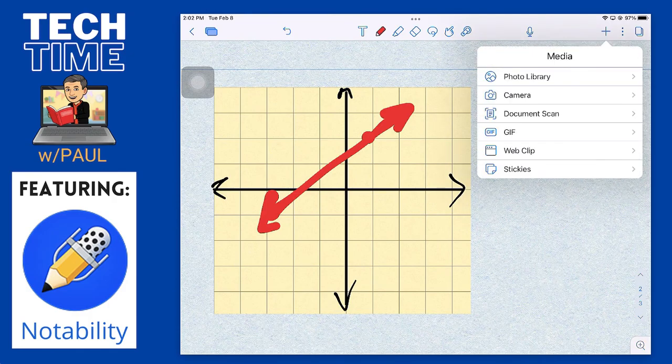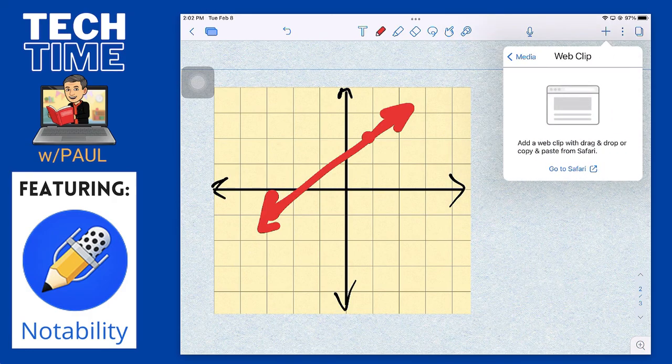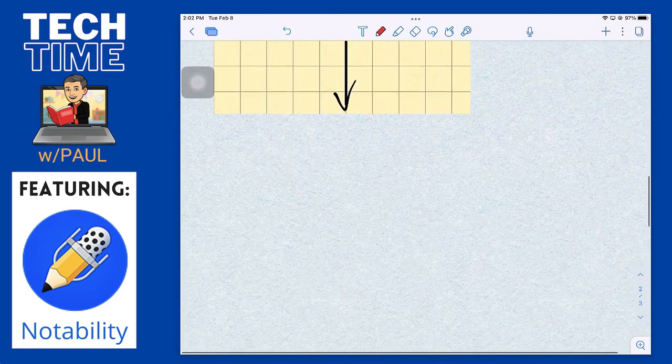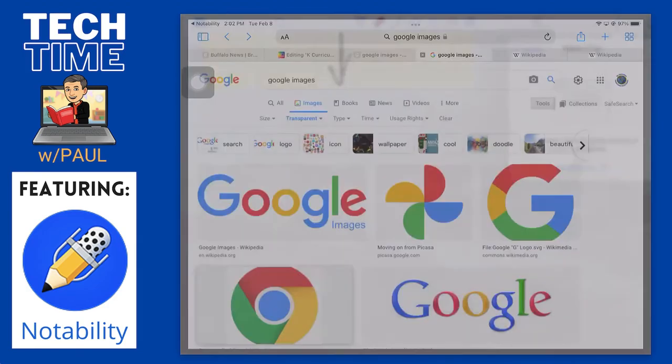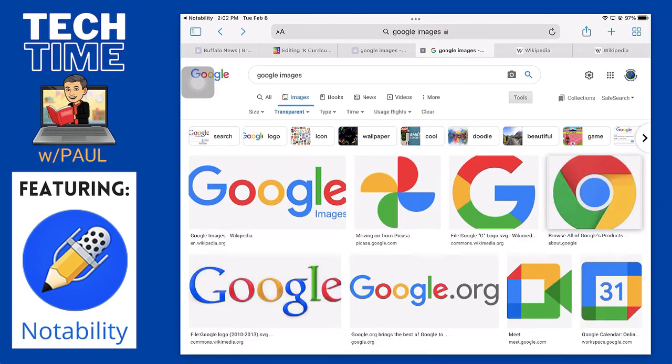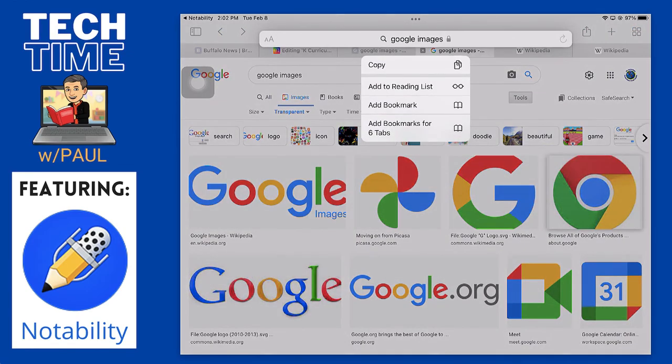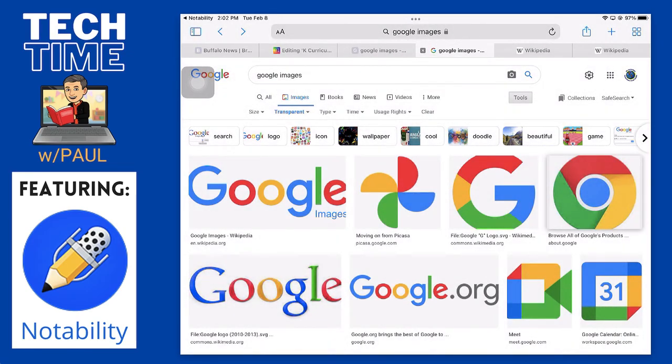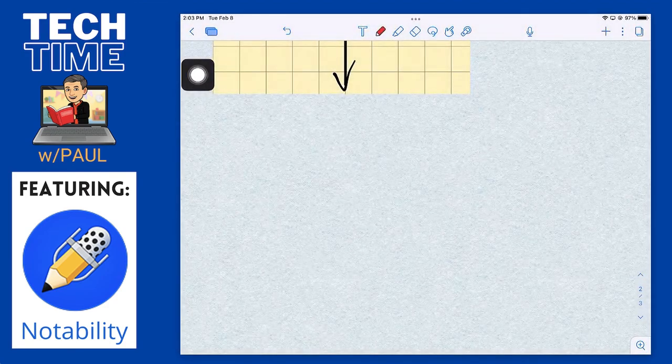But when I want to add some media, like a web clip, I'm literally taking the web and I'm going to drop it right on my document. So let me just go like this, give it some space. I'm going to go to Safari. I'm going to go to this Google image thing here. And the way to add a whole web page right onto my Notability note is to tap and hold, and I'm going to copy, and I'm going to go back to Notability. Notice in the top left corner, I can go back to Notability, and from here, I'm going to use my text editor so that I can paste